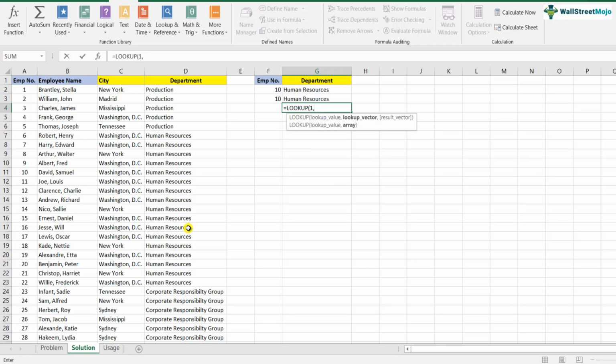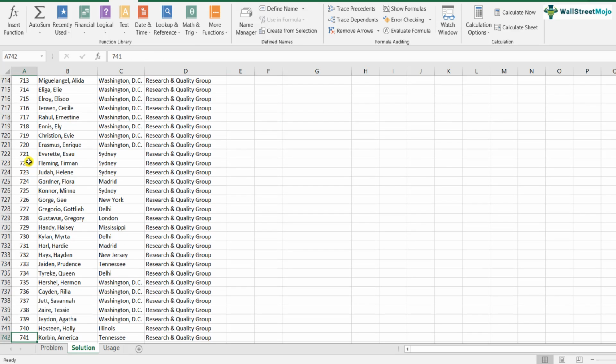I put 1, comma, then I basically add a true false value function to this, which is 1 divided by, open bracket, select where the value you want to find out is, just lock it, which is not equal to blank, basically find which is not equal to blank through your true and false value, close bracket, and the result vector again, which is the column in which I'm finding the last employee number, is again A, and close bracket, comes to 741.